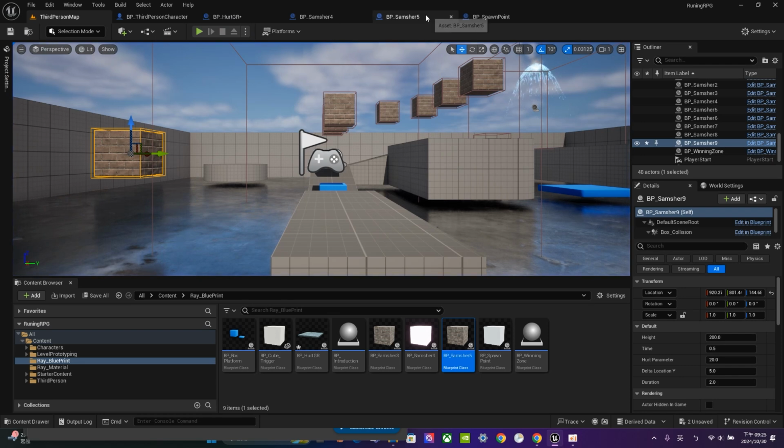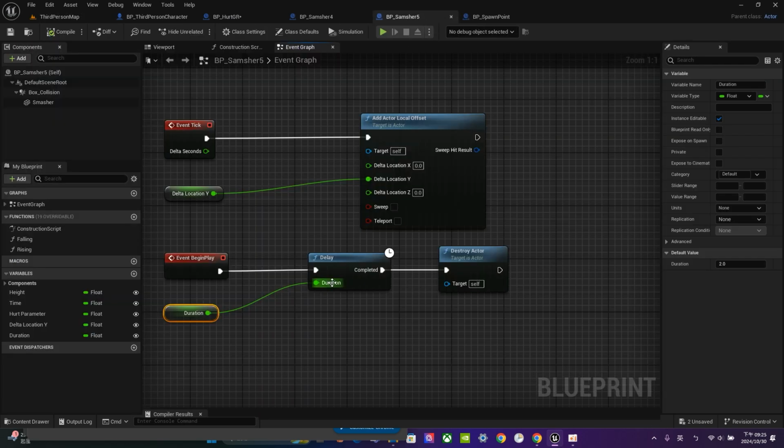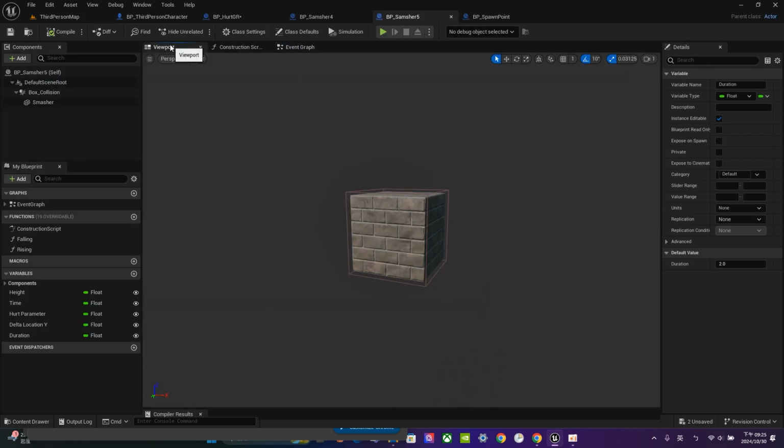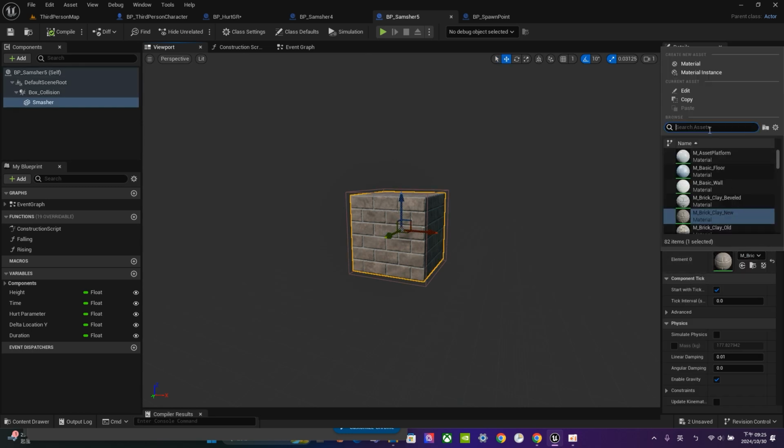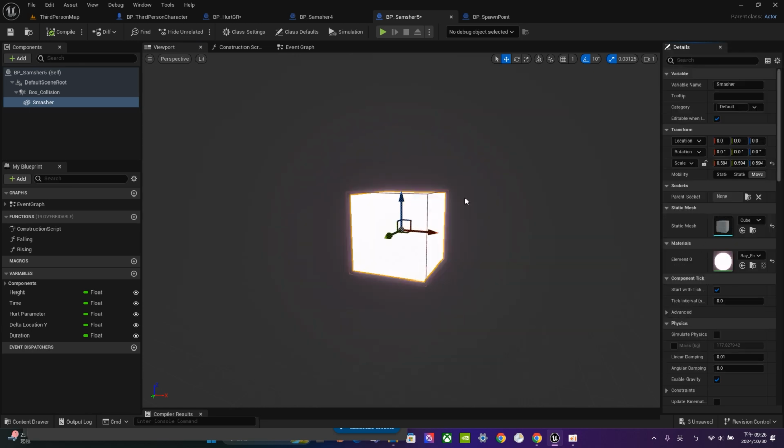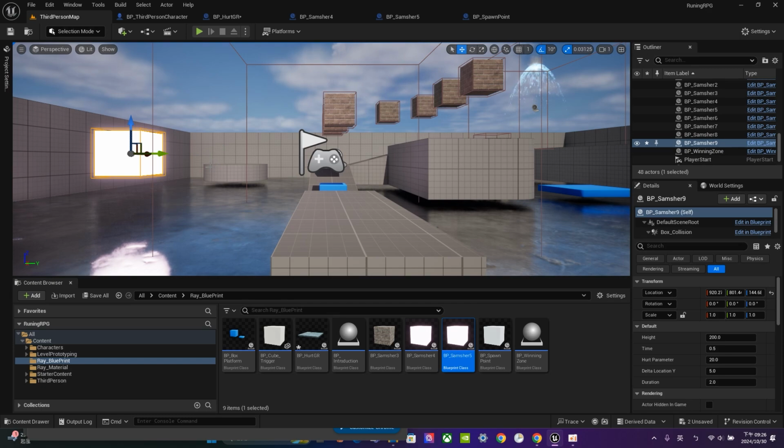Okay, so for the smash box, it's just like this. And you can set a different material for this one. I already have one, so I want to use an emission one. Wait for a second, let's find out. I think I have one. RAY emit material. Let's use this one. Compile and save. So now we have this one, but I want this smash box to be generated on the game